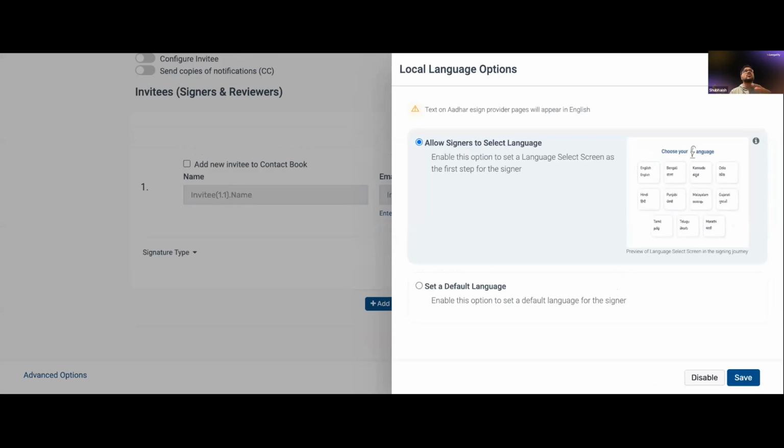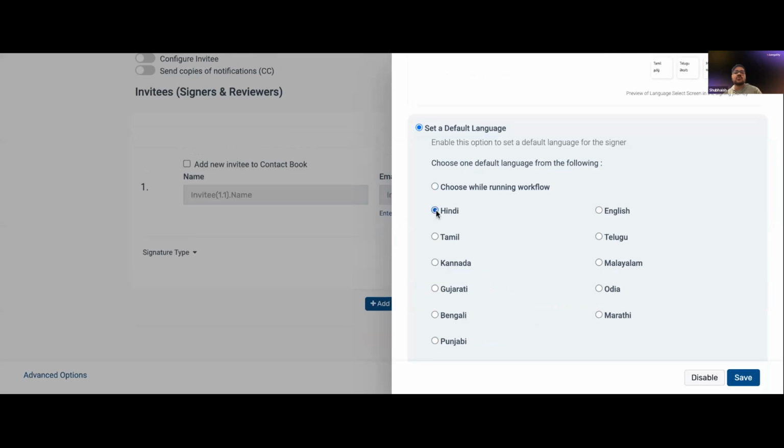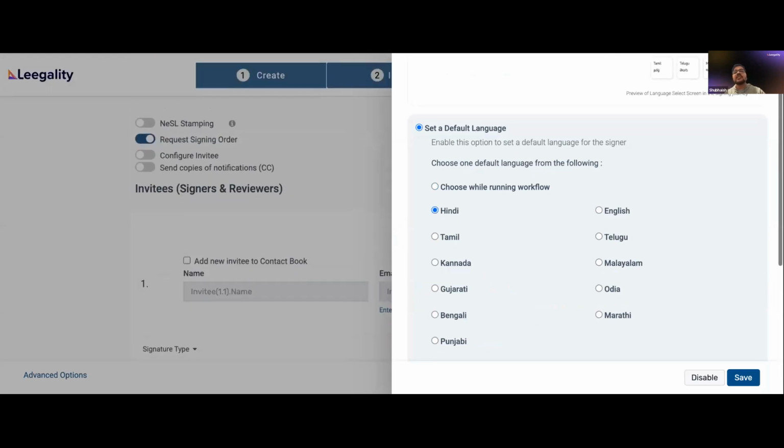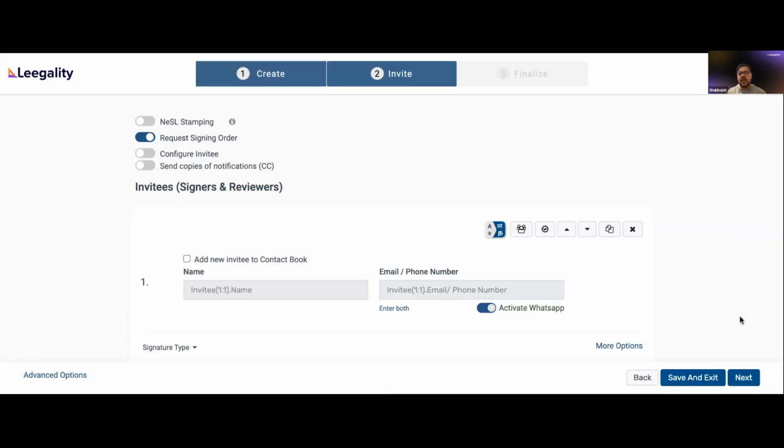But let's say the solution that we showed you, you have a bunch of workflows, you click one and the entire journey is in that language. For that, you can just set a default language in that workflow. Ideally, what I should have done in this workflow is choose Hindi and I would have gotten the entire interface from step one in Hindi itself. So I'll just do this and click on save, and I'll quickly send one document and show you how easy it is to make changes to the KFS flow without needing a tech team also.